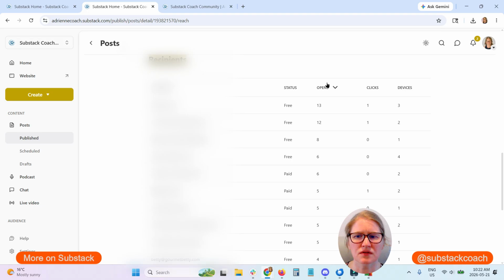So if there's only one open, sometimes that's like the auto opener in like the Apple Mail or something like that. But if they have more than one open, then for sure they have seen it. And if they have several opens, within reason, there can be bot-like behavior where it's like, oh, this person clicked on this post like 100 times. Probably not. It's probably some kind of glitch or bot.